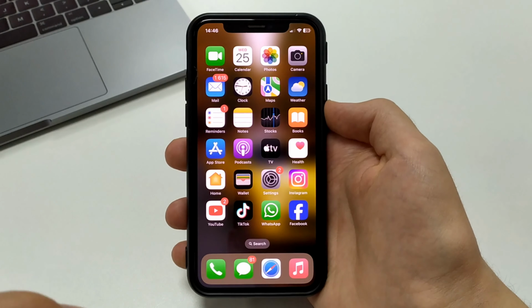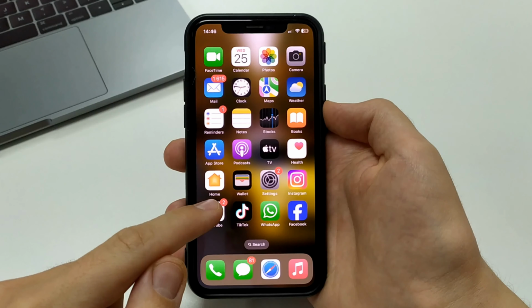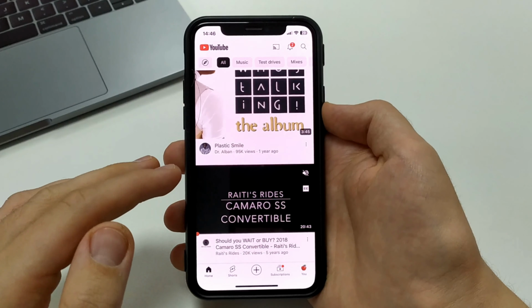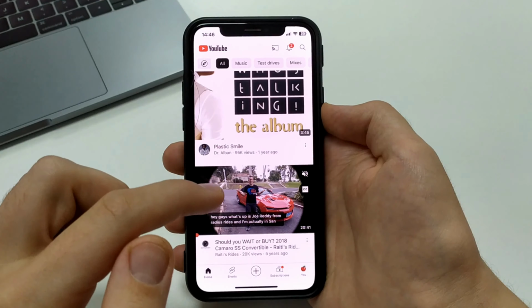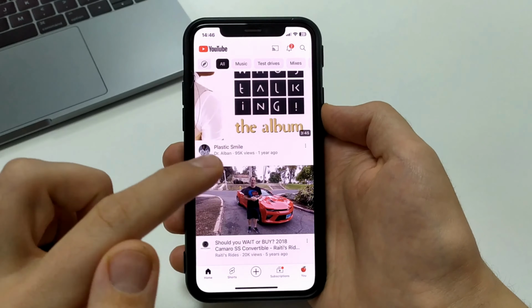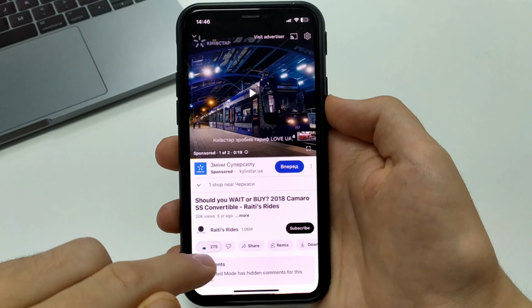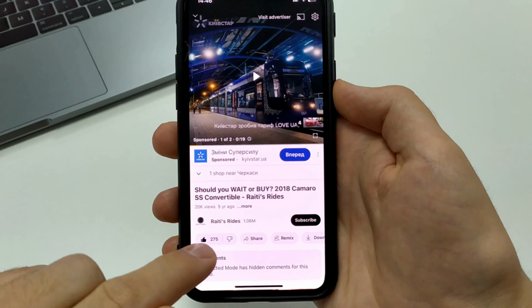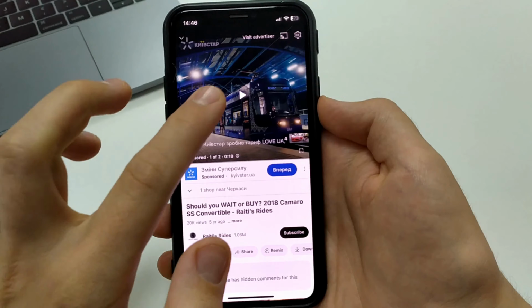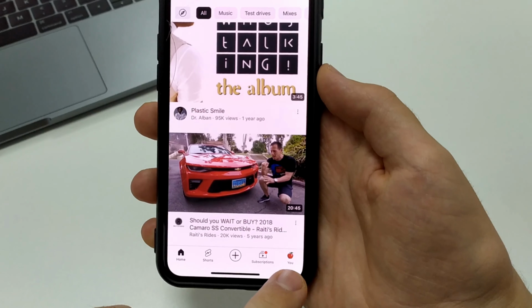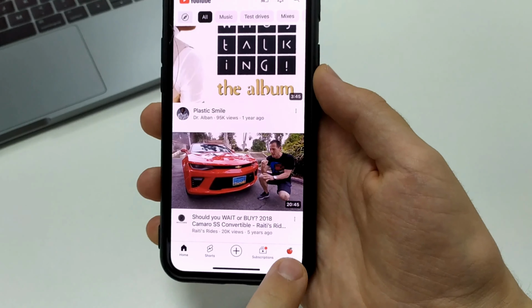To do this, we need to go to the YouTube app. This works on both iPhone and Android, absolutely on any device. So let me give you an example. Let's say we turn on a video. Let's pause it. Let's try to get a like. As you can see, it's 274. It's 275. Now we go out, close that video, go to our profile.